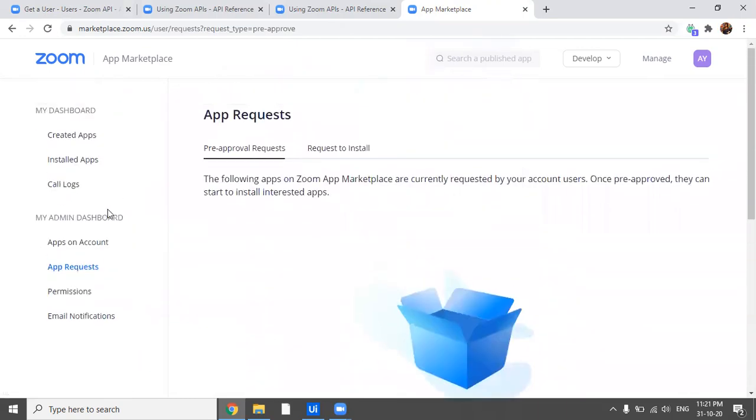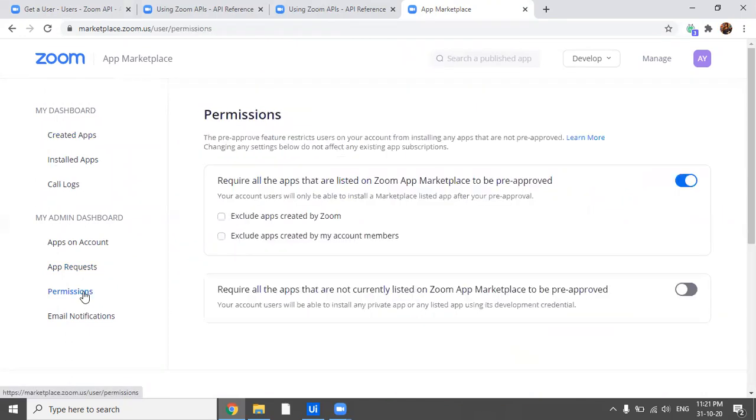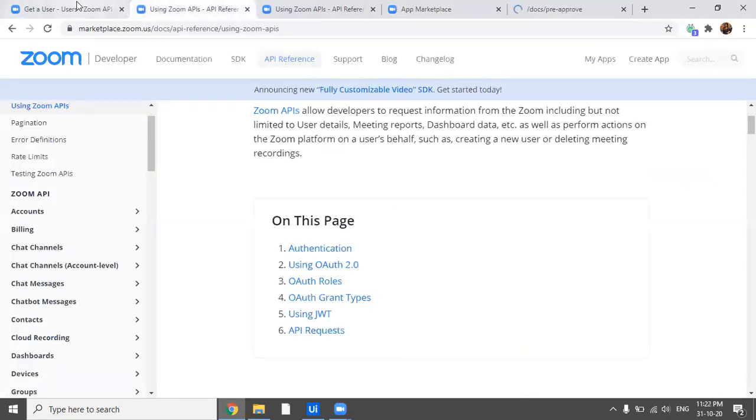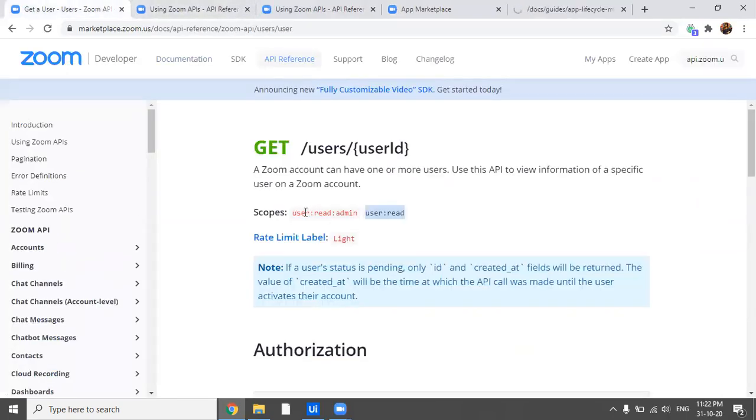So there is an option over here in the app marketplace wherein you can actually see what all permissions you have on the app which you've created. You'll have it written like this here, as you see, user read, admin, user read. So these scopes are mentioned. And if your app has the scope which the API demands, only then will you be able to make that API call.